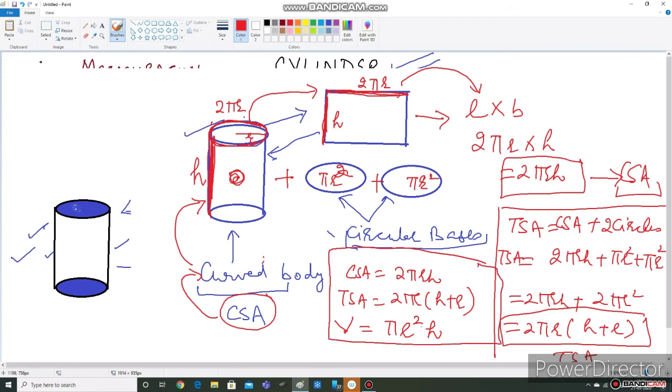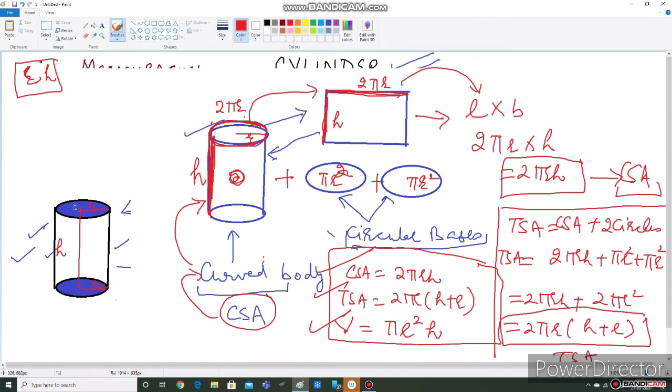And one more very important thing I am going to tell you, students. Only two things we have used. One is the radius of the cylinder and the other one is the height of the cylinder. Height is from here to here. This is again the radius, right? So two things are always used. One is the radius, another one is the height of the cylinder. With the help of these two dimensions, you can find whatever you want regarding a cylinder.